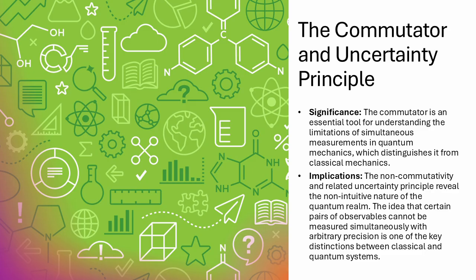And get this, sometimes just measuring one thing can make another thing uncertain. It's like trying to take a picture of a hummingbird in flight. You snap the picture with a flash and you might scare it away, blurring the image. So you're saying just by looking at something in the quantum world, we're actually changing it. Exactly.